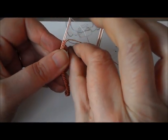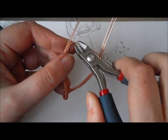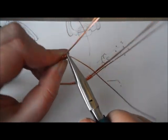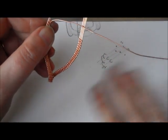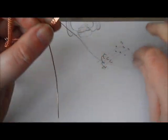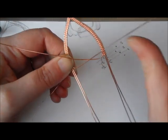Let's just fasten that off. So I'll just trim it down. That's where we started the wire initially, and I'd wrap round 3 or 4 times. Just going to smooth that down to get it out of the way, because otherwise I'm going to be messing about with it all the time. So I've taken that inner wire inwards, and I've taken the inner wire from the other side